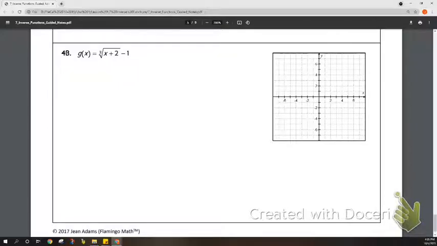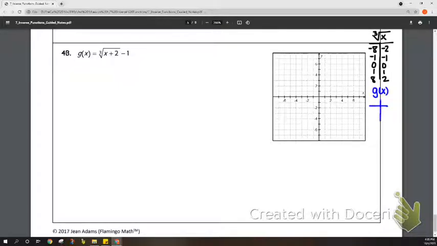Let's graph the function. So I can see that it's a cube root, so that means that my parent function is the cube root of x. And so we use negative 8, negative 1, 0, 1, and 8. So that could get the cube roots of negative 2, negative 1, 0, 1, and 2. Now for the function it gave me there, it says plus 2, remember, it's going to be a horizontal shift to the left 2, and then minus 1 is a vertical shift down 1. So when I go to do my, whoops, they called it g of x this time. When I go to find g of x,